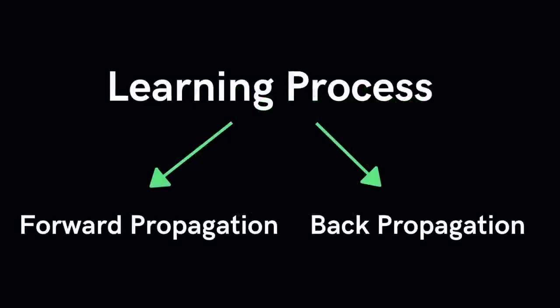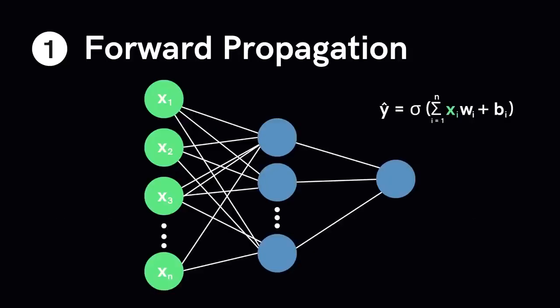The learning process of a neural network can be broken into two main processes: forward propagation and back propagation. Forward propagation is the propagation of information from the input layer to the output layer. We can define our input layer as several neurons, x1 through xn. These neurons connect to the neurons of the next layer through channels, and they are assigned numerical values called weights. The inputs are multiplied by the weights, and their sum is sent as input to the neurons in the hidden layer, where each neuron in turn is associated with a numerical value called a bias, which is then added to the input sum.